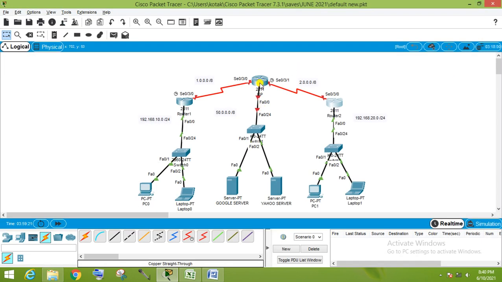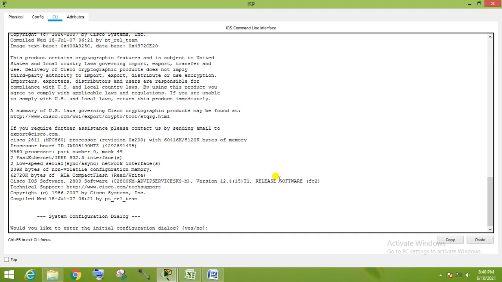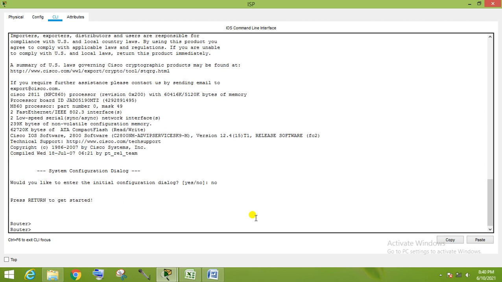Then we go to this ISP router. In this ISP router, both servers are connected, just for assumption.